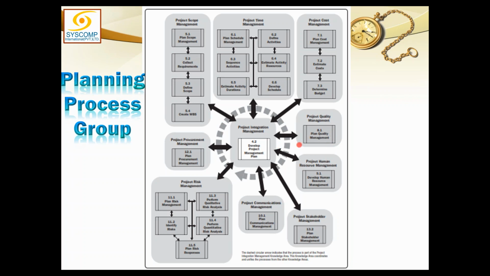So with the addition of these two additional plans, we have a minimum requirement of 11 management plans and 3 baselines to come up with our project management plan. But there could be more management plans, and I will discuss why and how. There could be a change management plan, a configuration management plan, and any other kinds of plans. We are talking from the generic perspective of PMI. Therefore, these are the minimum requirement of the plans.